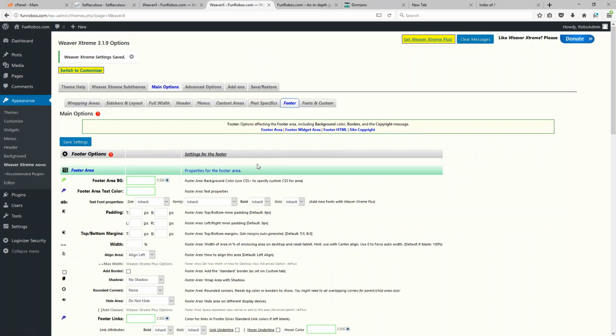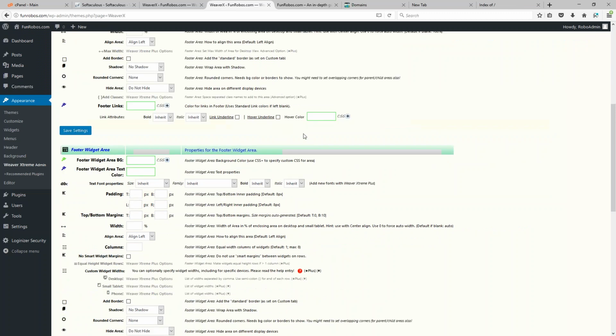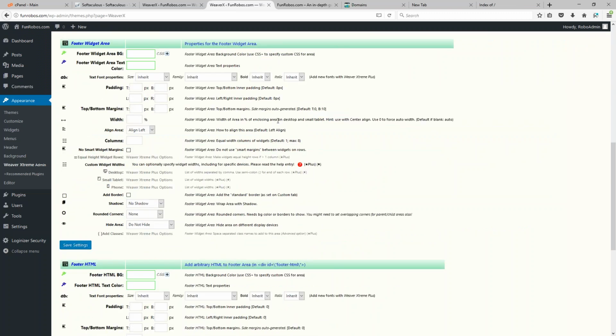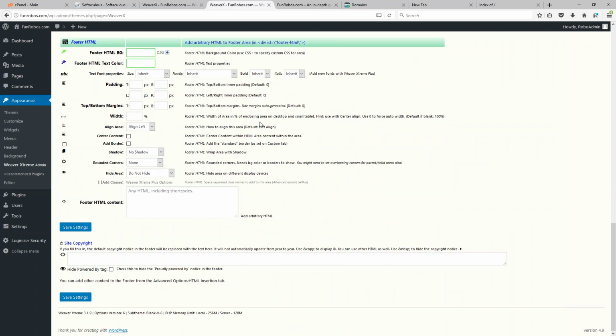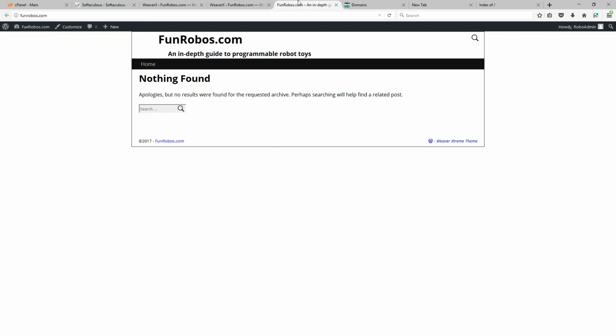One of the final things that I will do in this theme is in the footer section. In this section, I am looking for settings that are all the way down at the bottom, this site copyright section. This is going to allow me to modify this if I want to, and also remove the WordPress and